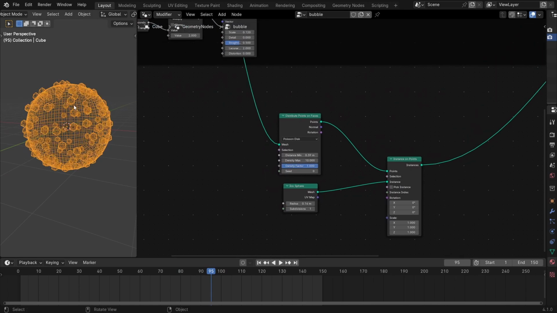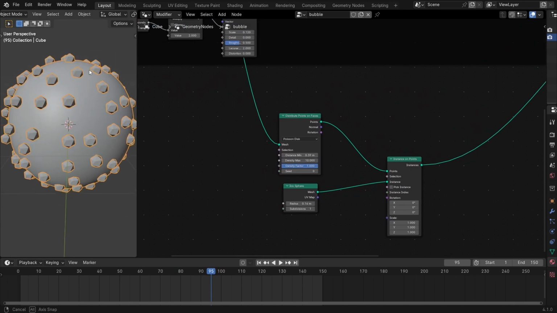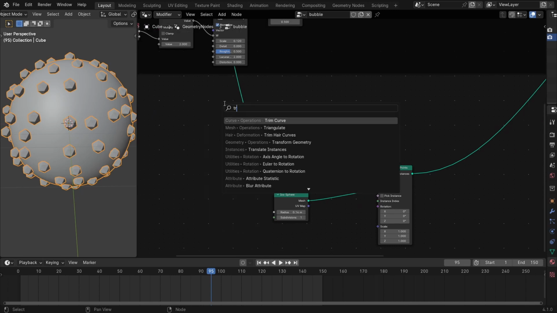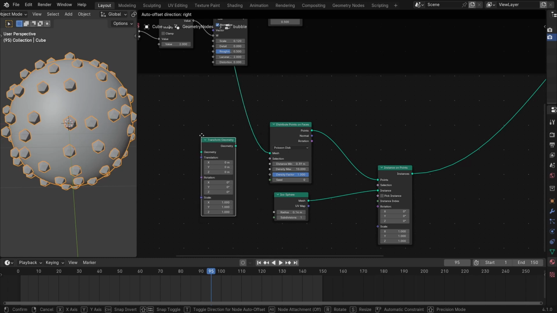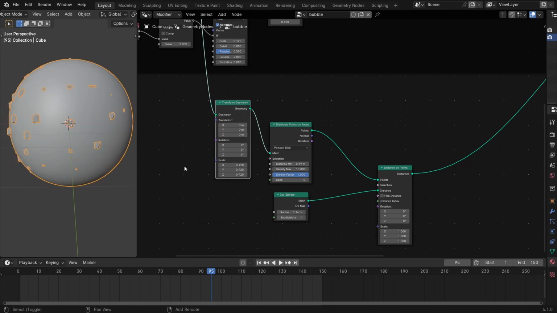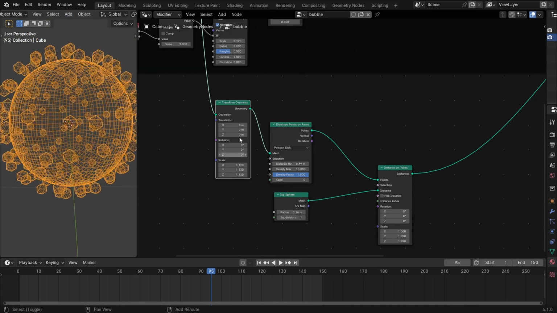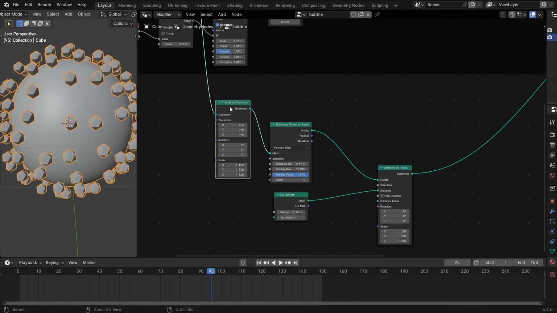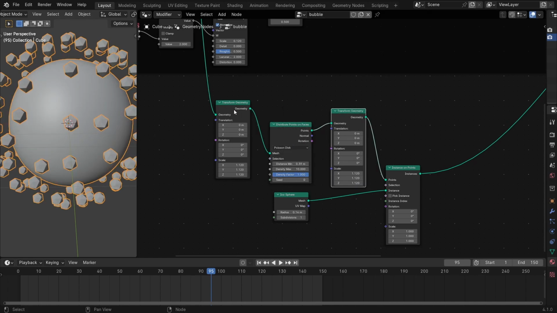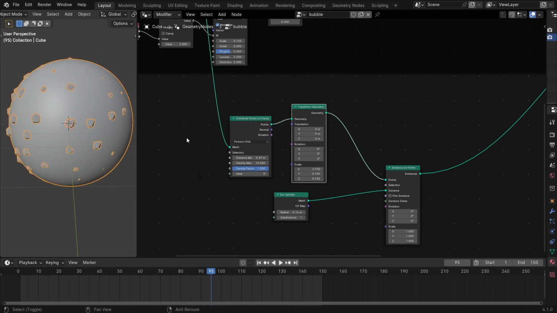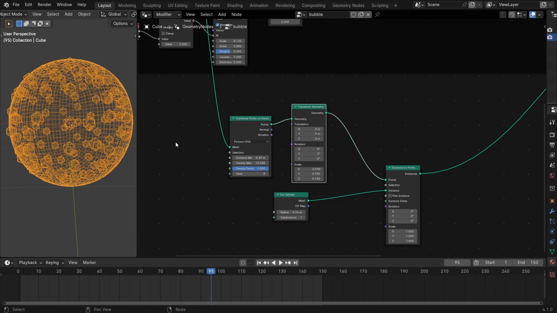But of course we want this one to be inside the outer layer, so we need to scale this down. For that, you can just get a transform node, transform geometry node, and if you scale this down, will this affect? Yes, this will affect the distribution of the geometry. So what you can do is basically remove this transform node from here with Control X and put it over here. Now when you scale it down, so basically it's after the distribution,